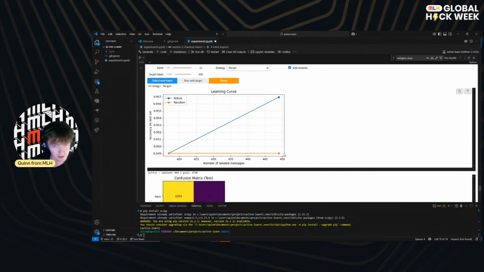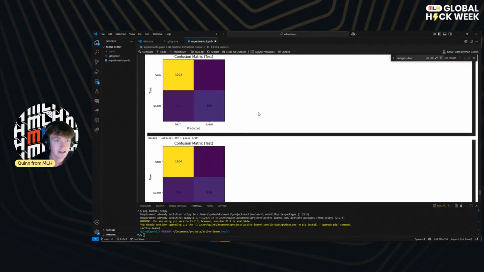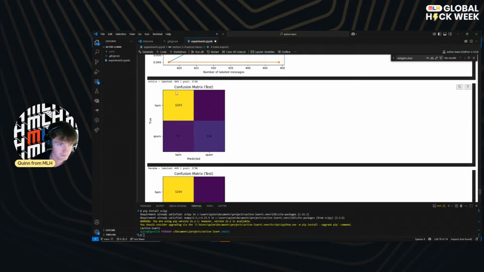95% accuracy is very, very good. And this is right now just using logistic regression. So this is completely linear. We can see that it's got pretty good